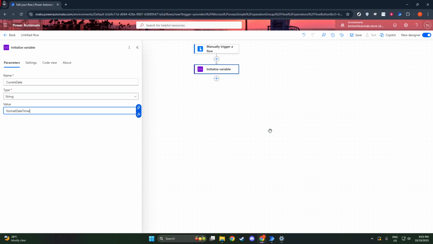This is where the UtcNow expression comes into play. In the Value field, you'll enter the following expression: formatDateTime(utcNow(), 'yyyy-MM-dd'). What this does is it captures the current date and time in Coordinated Universal Time, commonly known as UTC, and formats it as a string in the yyyy-MM-dd format. This format outputs the year, month, and day separated by dashes, which is a widely used standard in many applications and systems. By doing this, you have successfully initialized the variable Current Date with the current date in your desired